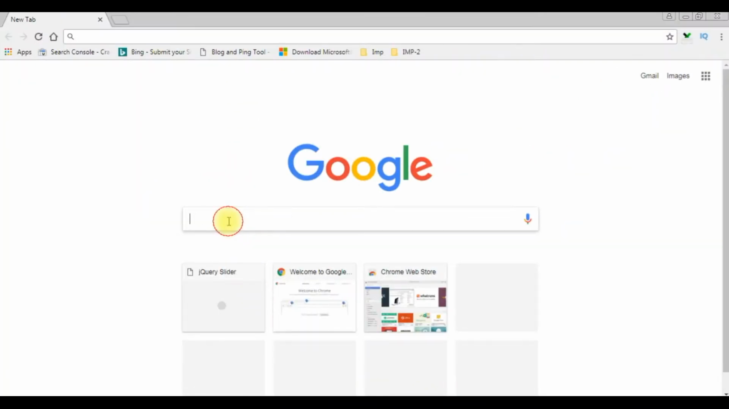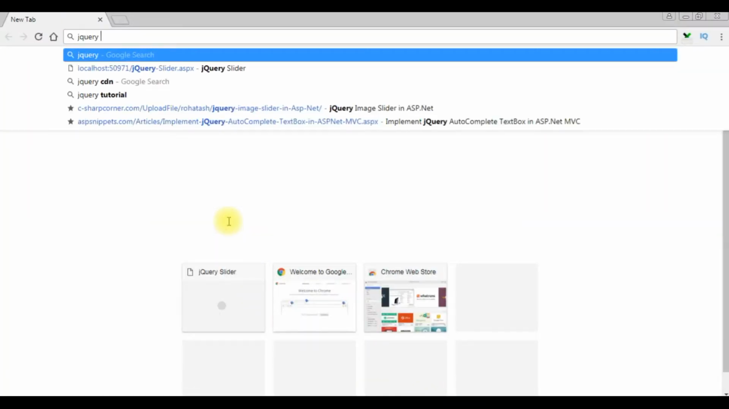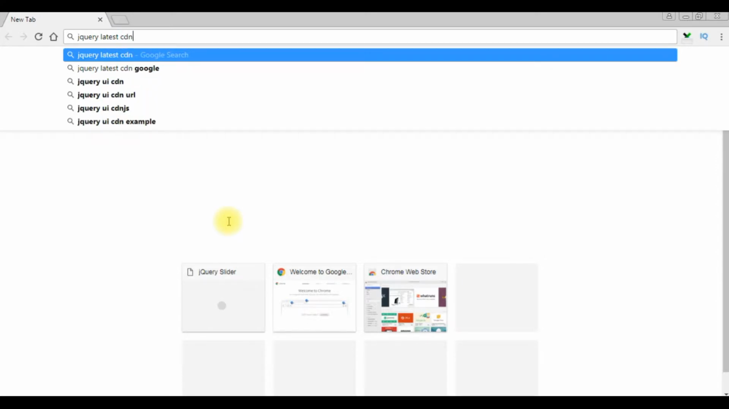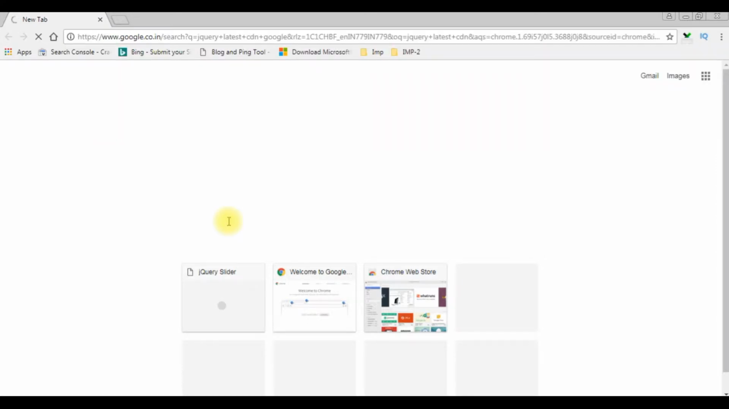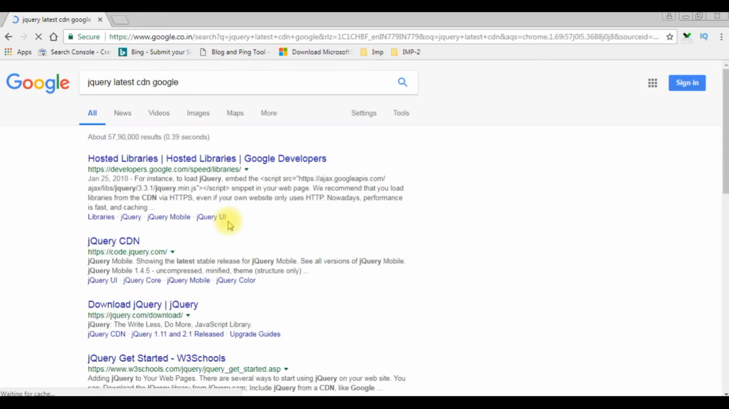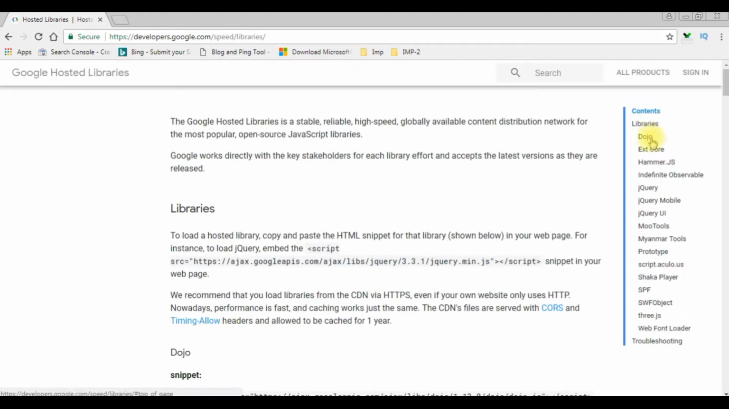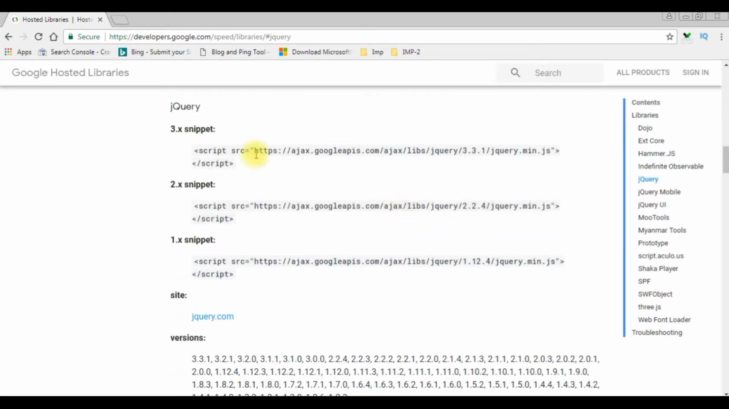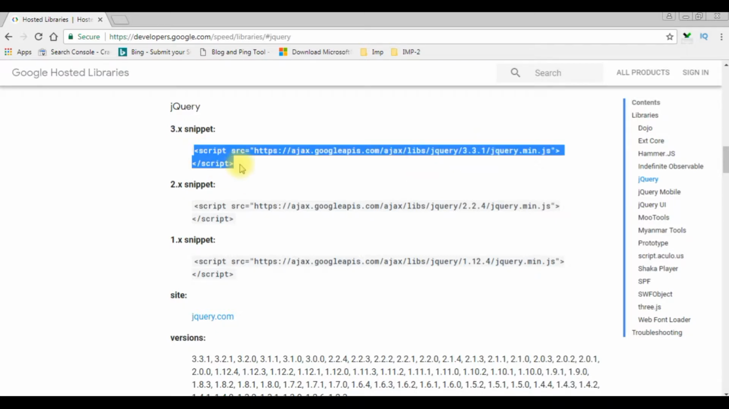Now in the Google search bar, I'm typing jQuery latest CDN on Google. And from the search results, I'm selecting the hosted libraries. Click that one. In the contents, notice the jQuery option is there. Click that one. I'm choosing the latest snippet, which is 3.3.1. Just copy this one,